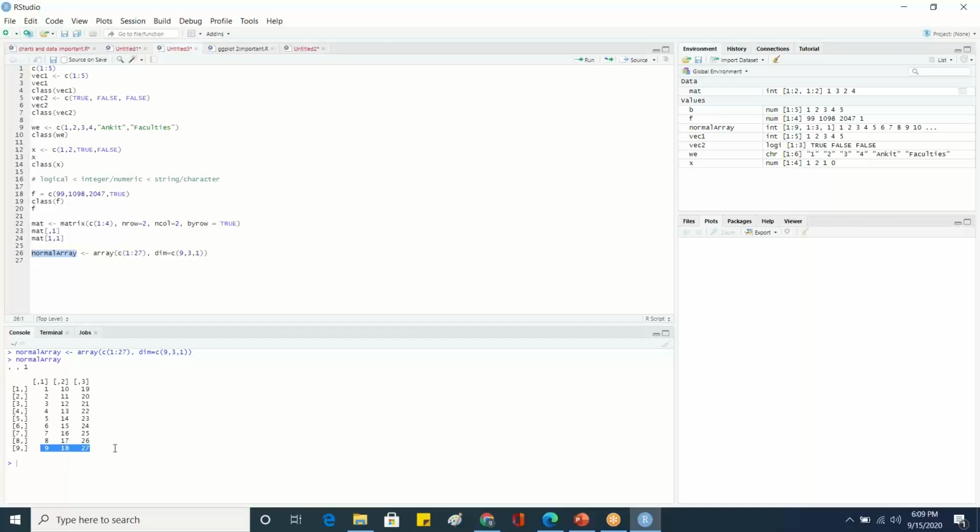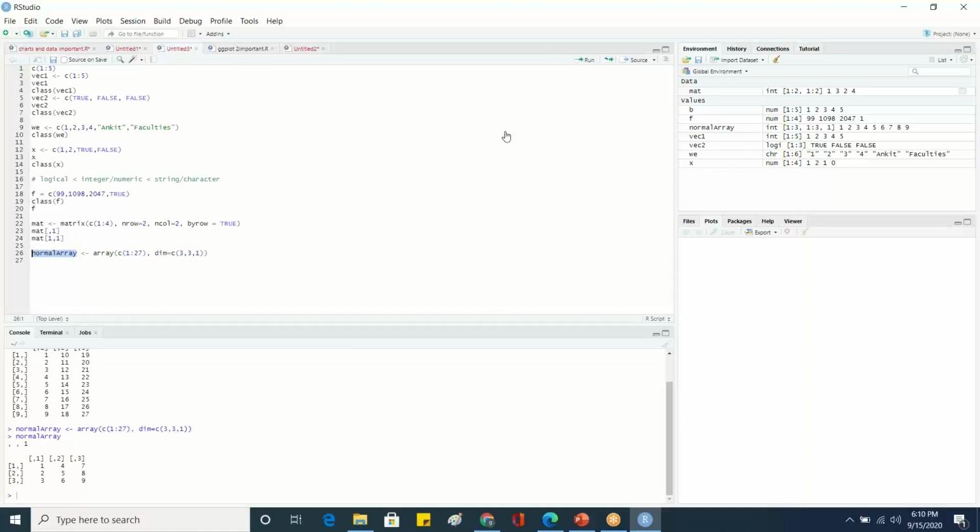So this is split into 9, 9, 9. Now if I put 3,3,3, fine, but if I put 3,3,1 there will be an error, because I have loaded it up to 27. So now it will take only till 3 into 3, that is, it will take only up to 9, and after that it will take nothing. But it is having till 27.